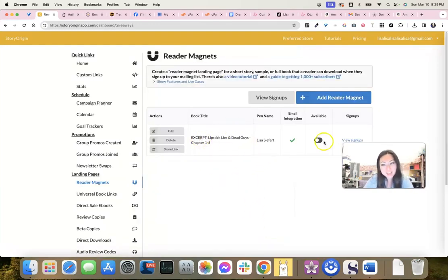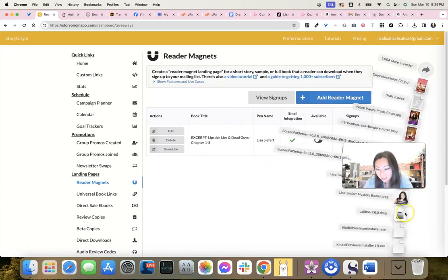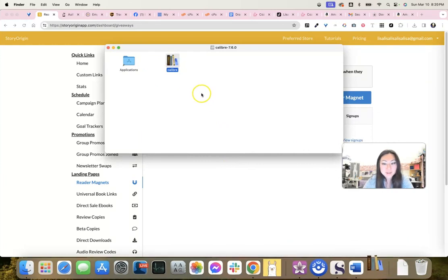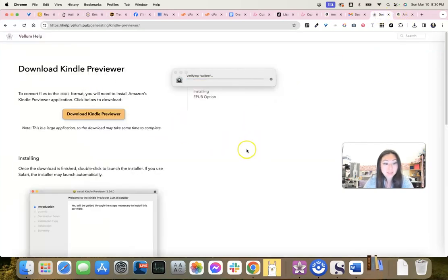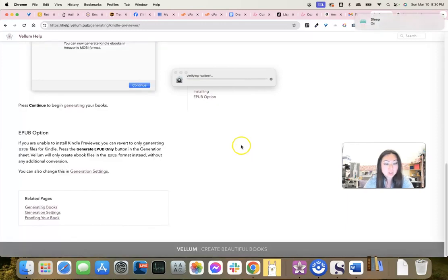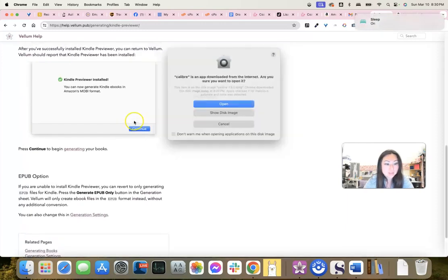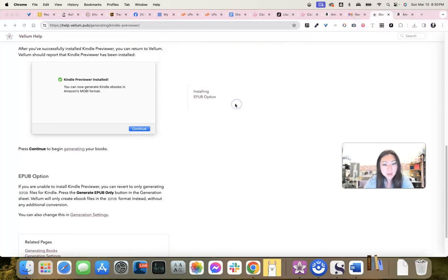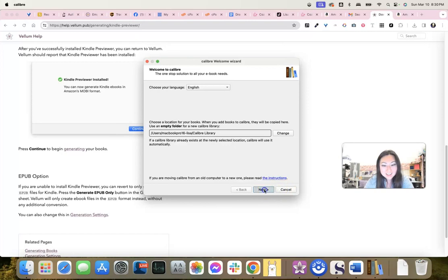And yes, you can download Calibre, which I guess we'll download. Let's see if this works. And it could be because I have a Mac. The Kindle Previewer is typically a Microsoft product, but I did download Kindle Previewer for Mac directly from the Vellum site, so I know it was the latest. But yeah, it's an app from the internet. Yep, go ahead. Next,